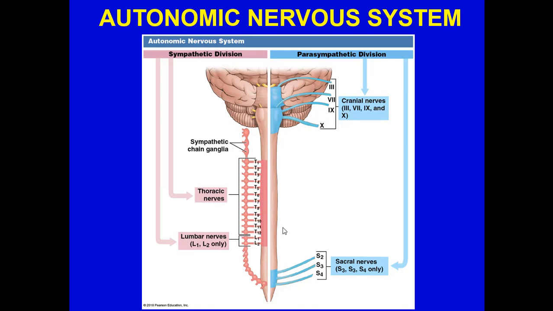Here you see the sympathetic division, where most of the nerves are coming out in the thoracic to the upper lumbar. They will extend downward, and they will extend superior, as sympathetic chain ganglia. The parasympathetic, interestingly enough, comes out from 4 cranial nerves: number 3, 7, 9, and 10, 10 being the vagus nerve. And then also from sacral nerves, coming out from S2, S3, and S4.